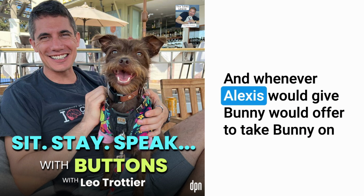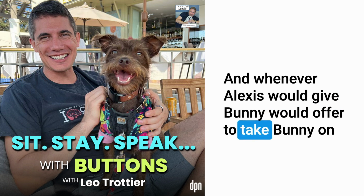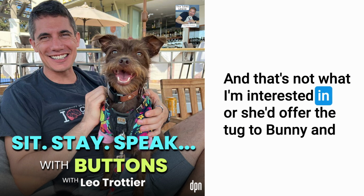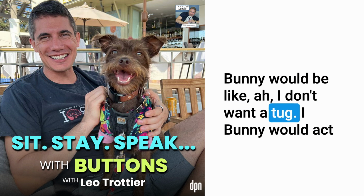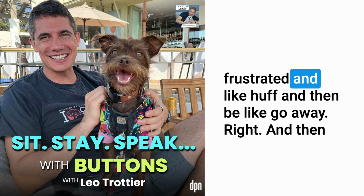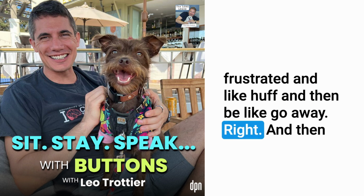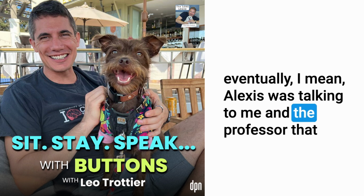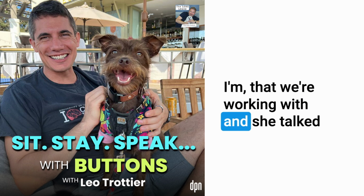And whenever Alexis would offer to take Bunny on a walk, Bunny was like, no, I don't want to walk. That's not what I'm interested in. Or she'd offer the tug to Bunny, and Bunny would be like, I don't want to tug. Bunny would act frustrated and huff and then go away. Right. And then eventually, Alexa was talking to me and the professor that we're working with, and she talked about